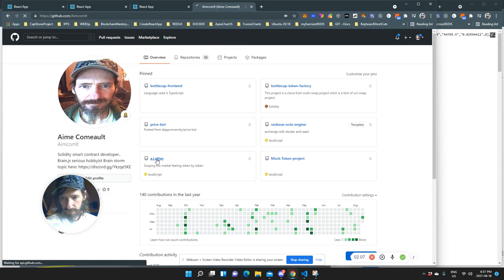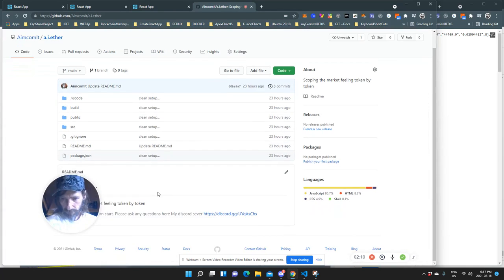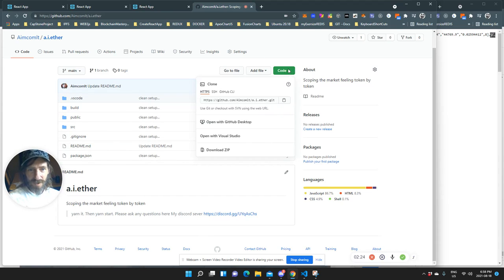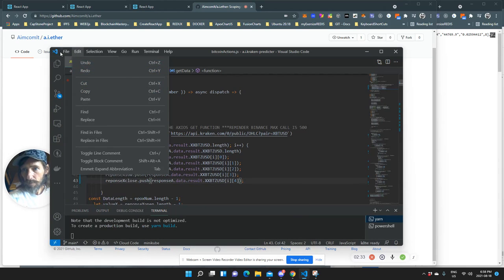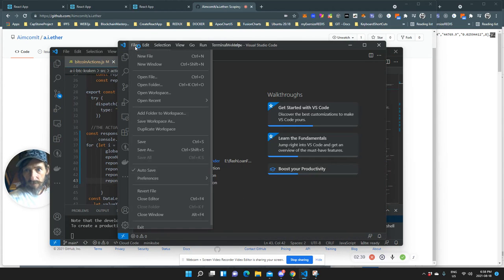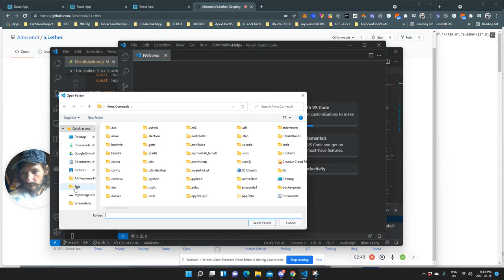It's ready to work for Ether right now with Binance. You yarn it and you start it. Any questions, you come to the Discord. So I'm going to copy that, and open up a new window. From here, open a folder, and